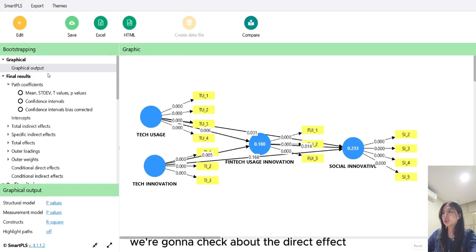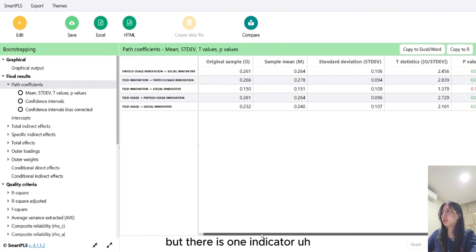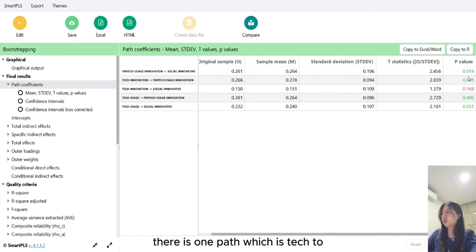So the next one is we're gonna check the direct effect. So we're gonna click the path coefficient here and check the p-value. The p-value itself should be below 0.05, but there is one path, which is tech innovations to social innovative, that has a result above 0.05, which is 0.168. So it means that tech innovations towards social innovation doesn't have a significant effect, while the others, such as fintech